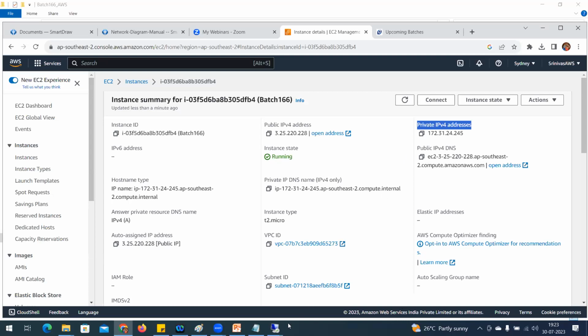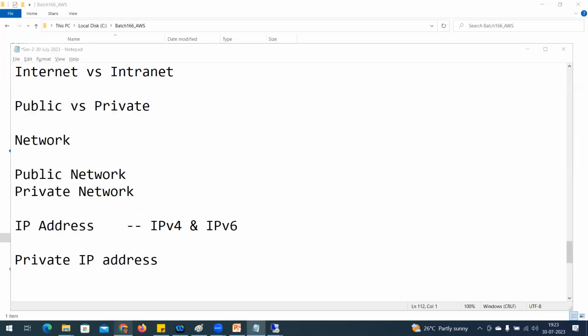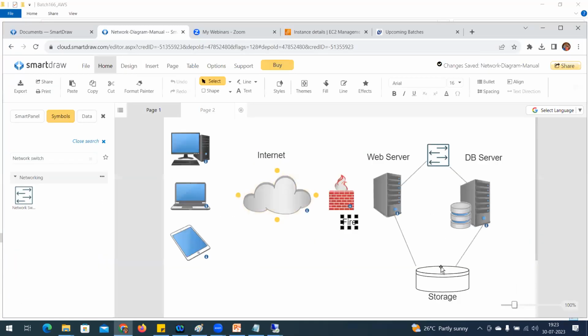Generally, in a traditional IT environment, it is not required for each and every system. This is a traditional location. See here, for example, a web server is there. That web server information needs to be shared with everyone over the world. Whoever knows about this web server or website information is in a position to access it. How is this traditional information located? First, the web server and DB server establish communication internally.